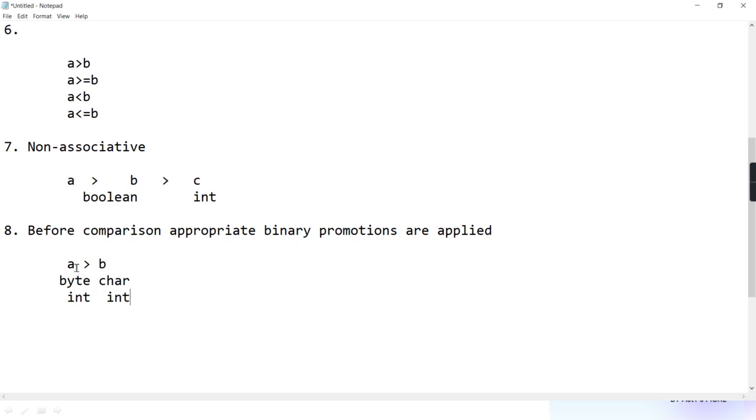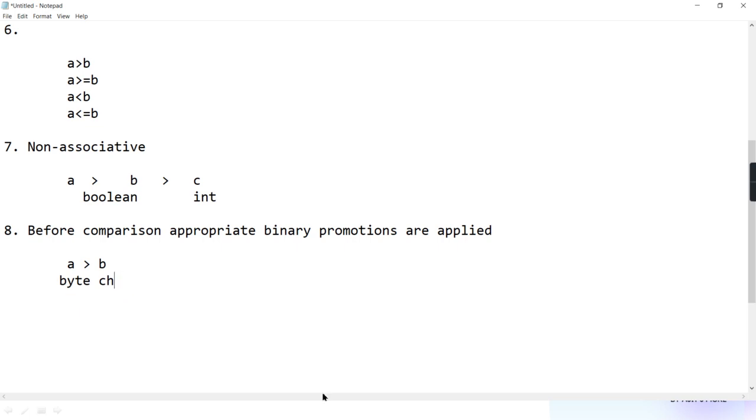The same arithmetic table, you remember, no? So when none of them is long, float or double, as with byte and character, then the promoted value will be integer. So this is integer, and then comparison. Okay.